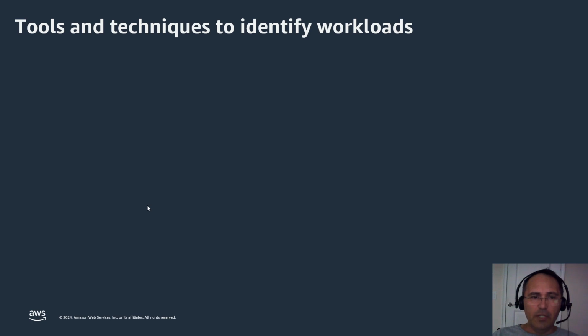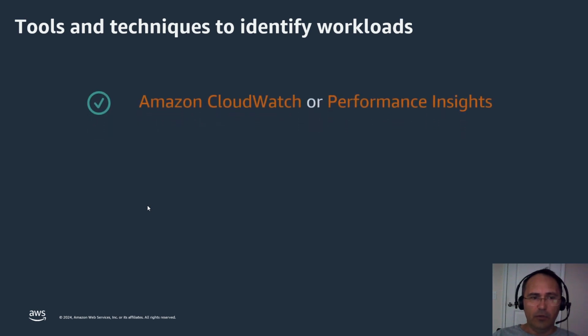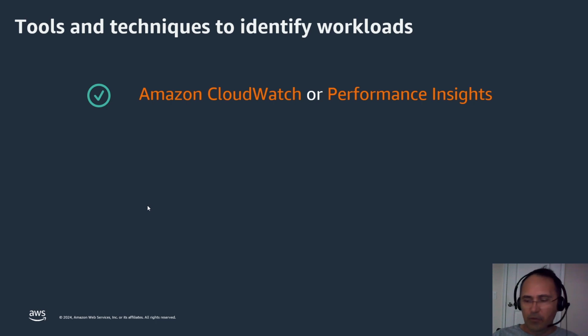Now let's look at some tools and techniques to identify those workloads. Now that you have an overall idea, you have to drill down a little bit deeper to make sure that you have those repetitive SQLs, that these are really good candidates. The first way you can do that, if you're already in the cloud, is to use Amazon CloudWatch. Amazon CloudWatch can help you identify the read and write ratio, how much data is going in, how much data is coming out. So it's an easy way to figure it out. Or you can use Performance Insights. If you enable Performance Insights, you can turn it on for 7 days and find out the top SQLs, with a graphical way of monitoring what your database is doing and identifying workloads that are good